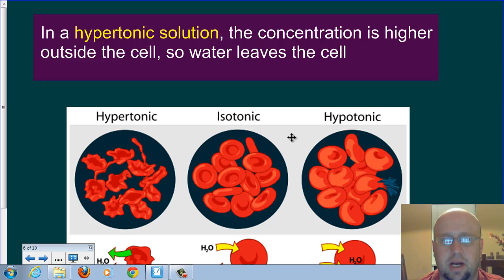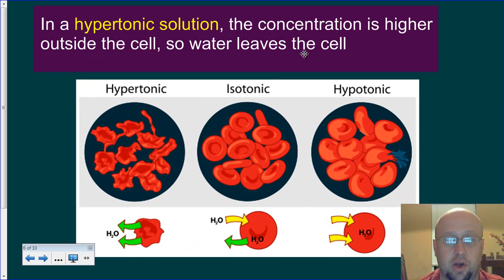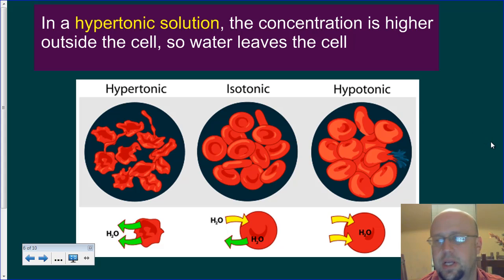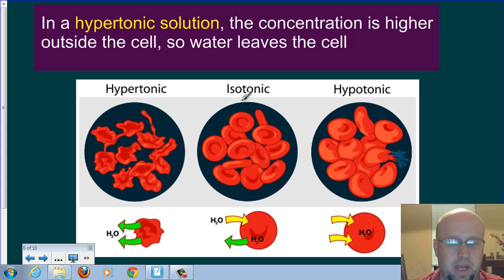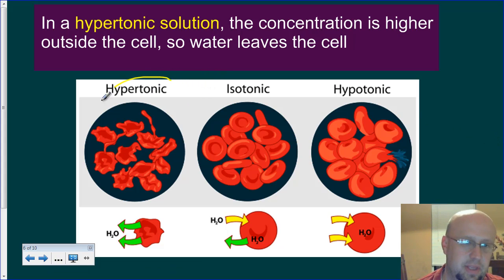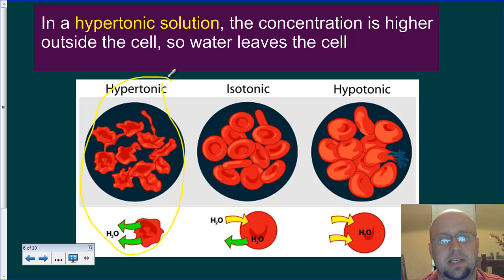However, there can be a couple of different ways that this can go bad. The first one is called a hypertonic solution. Okay, so hypertonic is going to be this case over here. And what hypertonic means is that the concentration outside of the cell is higher, okay? And so if the concentration outside of the cell is higher, then the water wants to go out and equalize